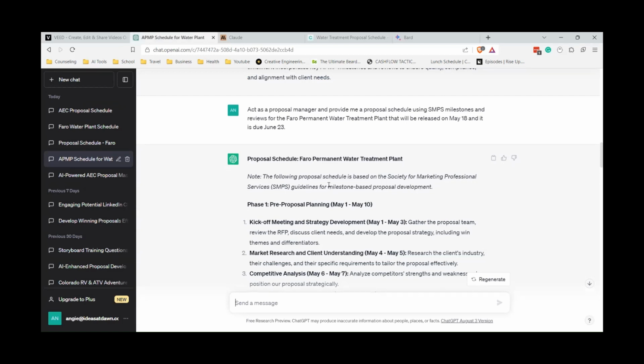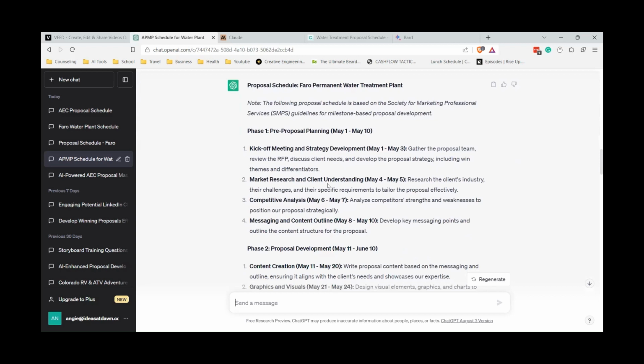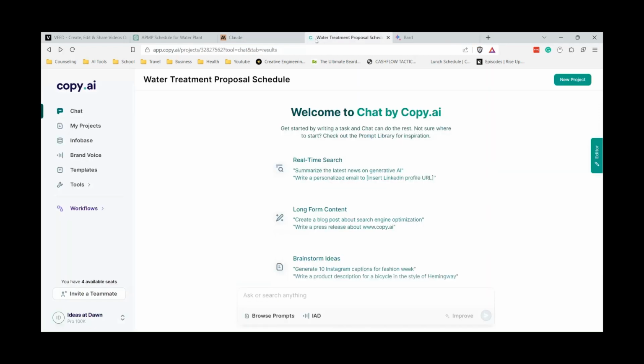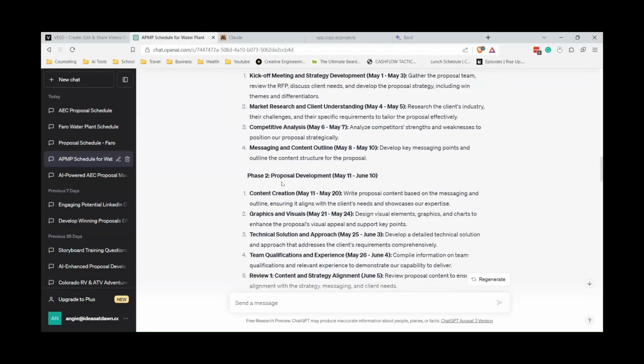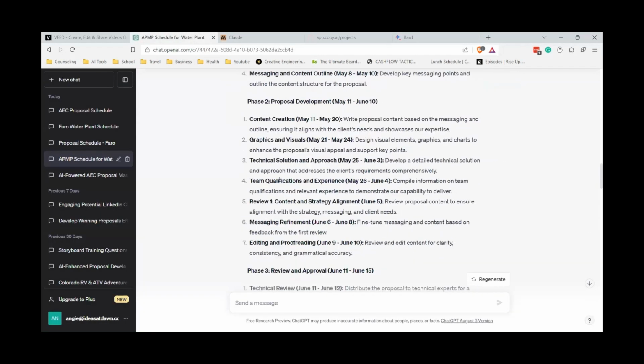So keep working with it, keep refining your prompts based off of either SMPS, APMP, Shipley, your own guidance, and making these tools smarter. Because yeah, it can be super frustrating every time you do it, but it is getting better and it is a start. And that was my whole point, is that sometimes it's better than nothing to start from, and using that brain power to give you something to start from. So I hope